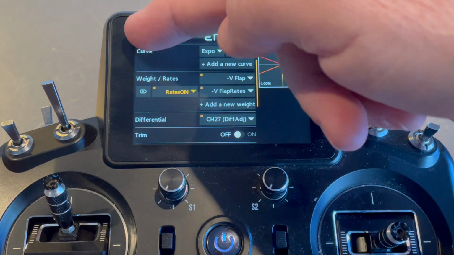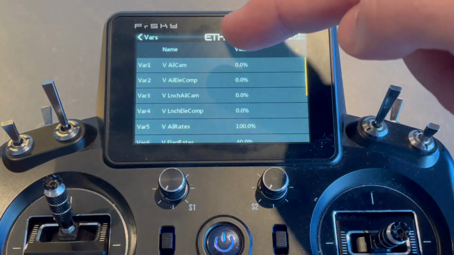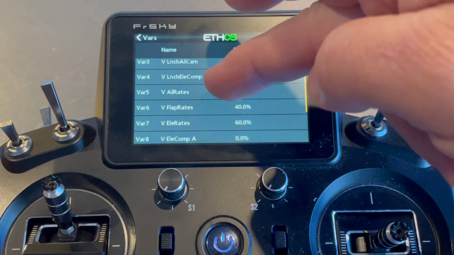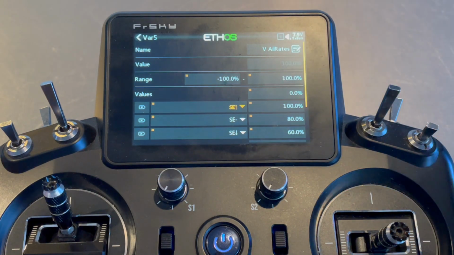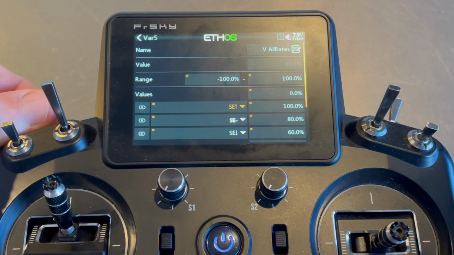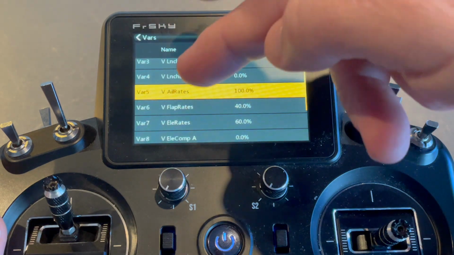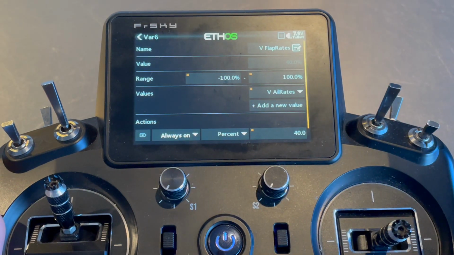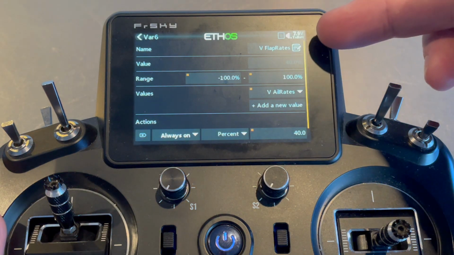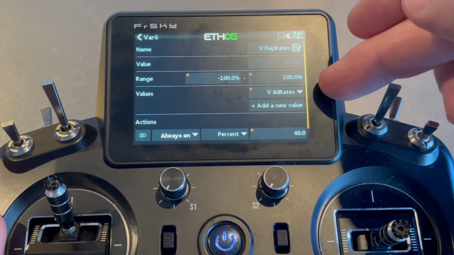So if we have a look at our variables, we have aileron rates, so when the switch is up, Aileron middle, medium, aileron low, we have 180 and 60. Aileron medium, aileron high. And when we look at the flap rate variable, I am saying that the value is equal to the aileron rates,